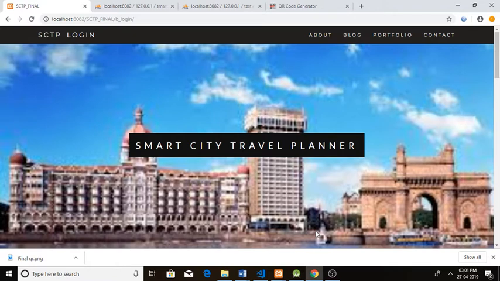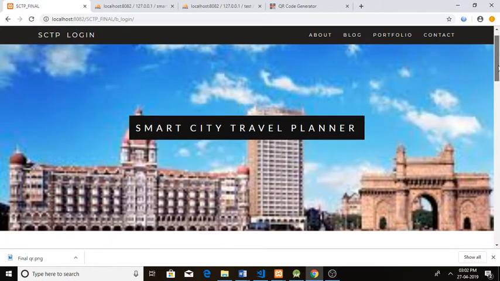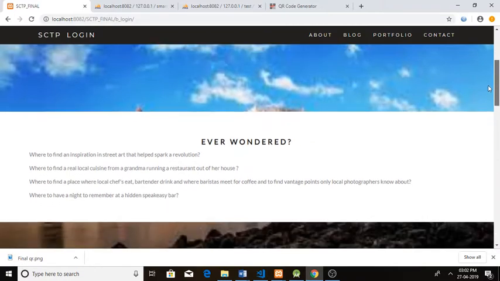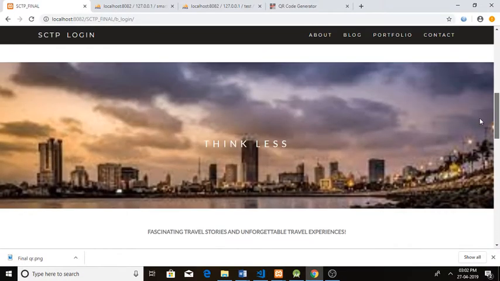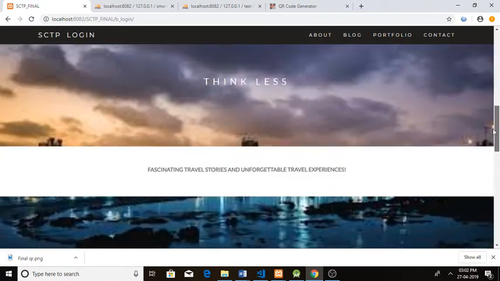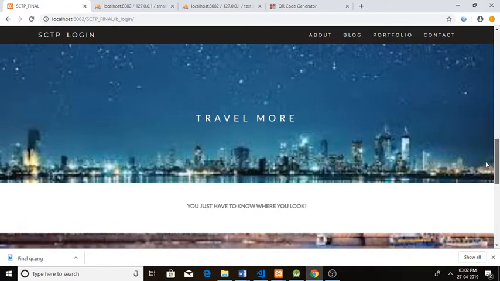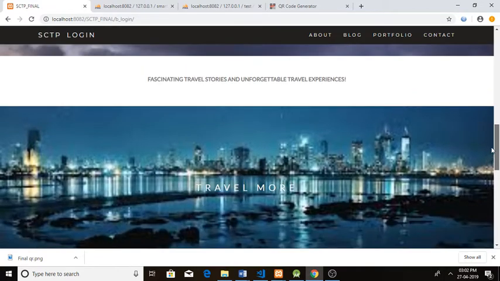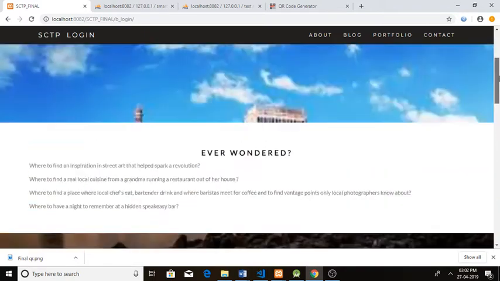So based on the information given, it will calculate the location of that person, and accordingly will show the places which are around him, which could be covered in that particular number of hours. So this is the basic website which we did for our application. As you can see, the entire website is made right from scratch using CSS, C++, Java and JavaScript.